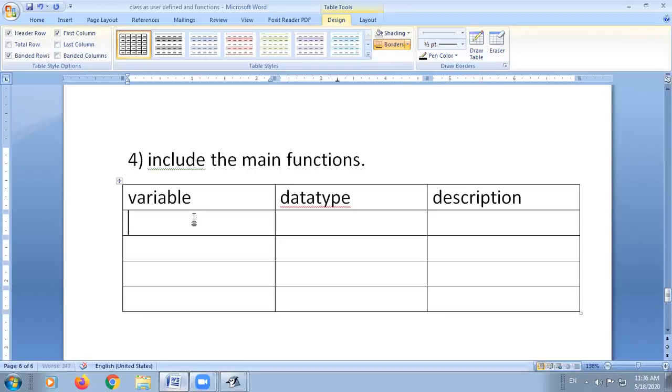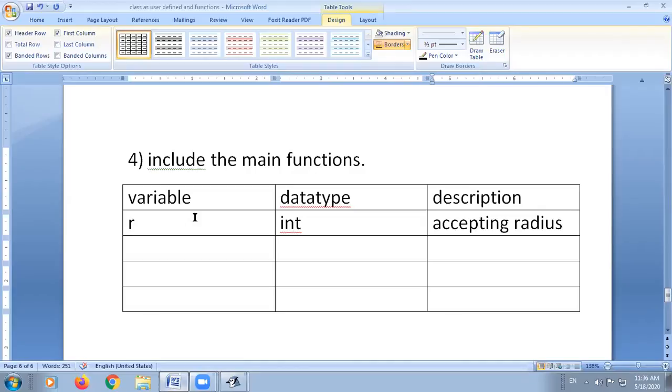Suppose I have taken the R variable. Don't write formal parameters. R we have also taken as actual parameters, so write the description of R only. Don't write R 2 times, one for the actual and one for the formal, don't write it. Only write the description of actual parameters and the local variables. So R is the actual parameter, data type is int, and its description is accepting radius. That's it. That you have to write.